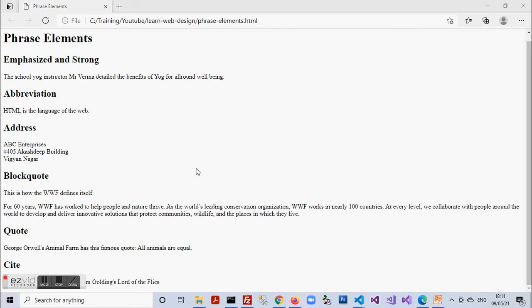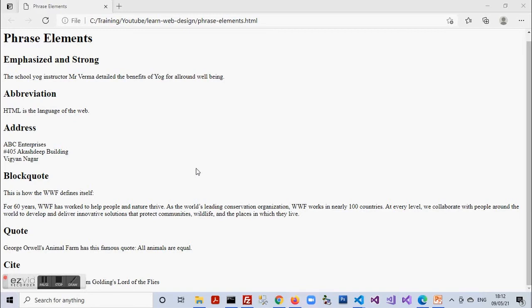So on screen we see the phrase elements document has the content: emphasized and strong, abbreviation, address, block quote and cite. So taking up emphasized and strong, the emphasized tag provides emphasis to the content within it.